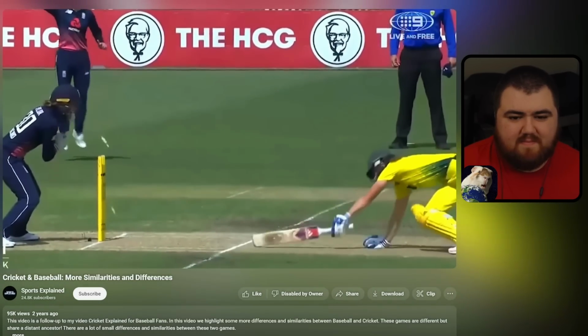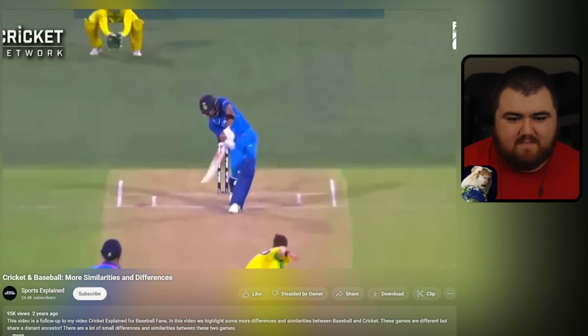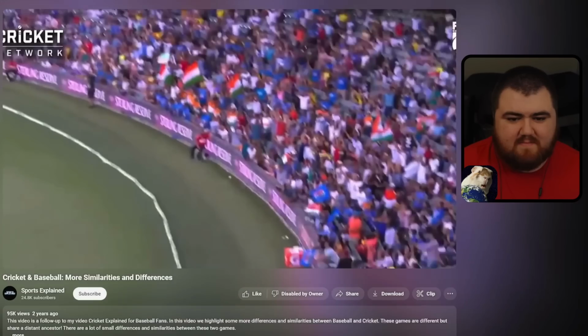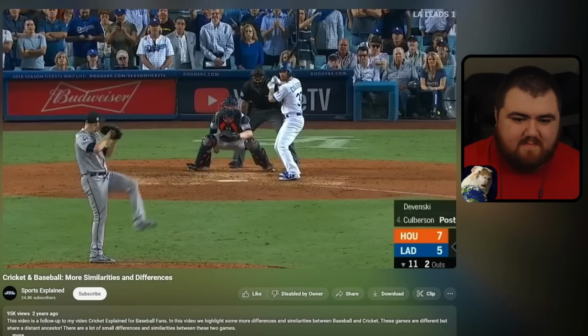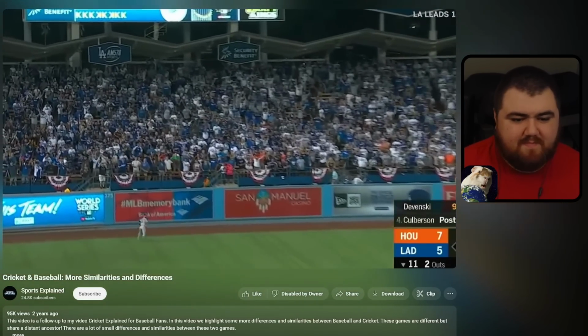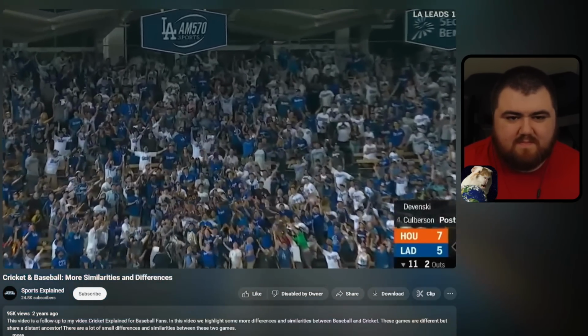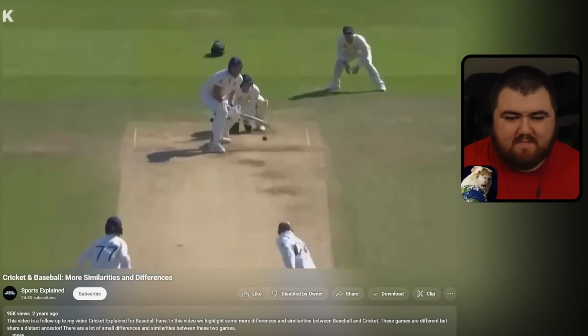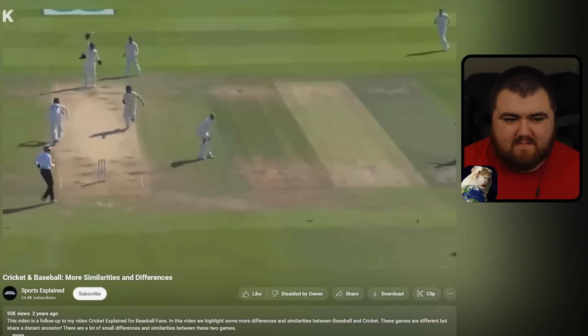Maybe, at least for some of us, the reason why cricket seems so confusing or overwhelming is because there are just enough similarities to baseball that we kind of get into a baseball mindset when we watch the game. And this makes the differences between baseball and cricket seem especially weird or even chaotic, right? Like imagine two batters just running back and forth between home plate and the pitcher's mound. That would be absolute chaos.